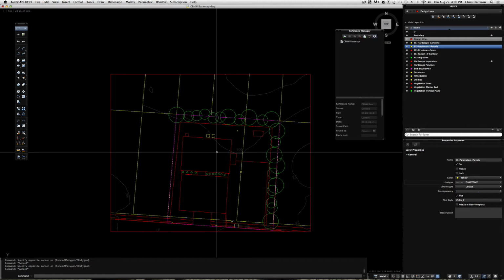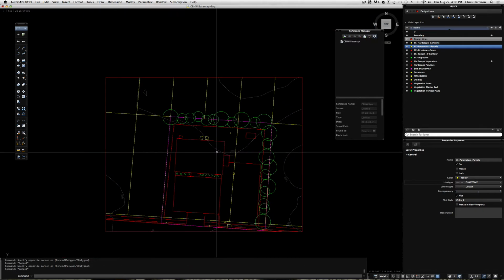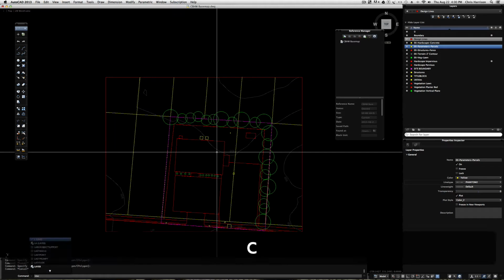We are, I believe, building these base maps on 11 by 17. So the scale that I selected was a 20 scale. In order to convey a 20 scale and work at a 20 scale in your model space, what I like to do is a line type scale or model space scale modifier. So type scale,